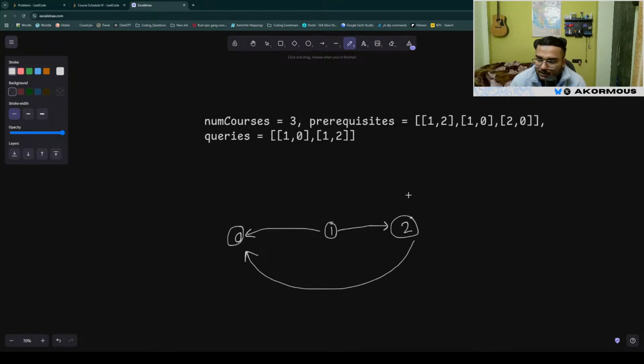So we calculate in-degree for each node. In-degree means how many arrows fall into that node. Let's note that here. For 0 it is 2, for 1 it is 0, for 2 it is 1. Right. Now we pick the nodes which have 0 in-degree